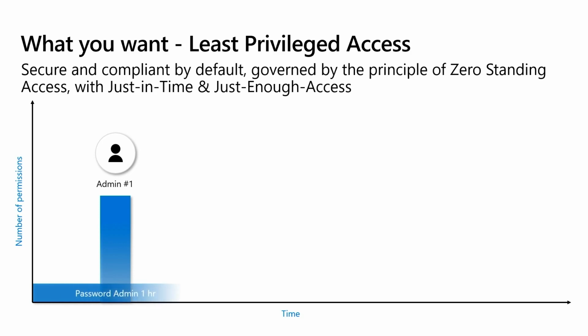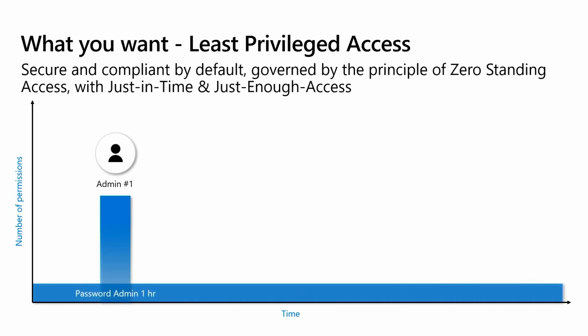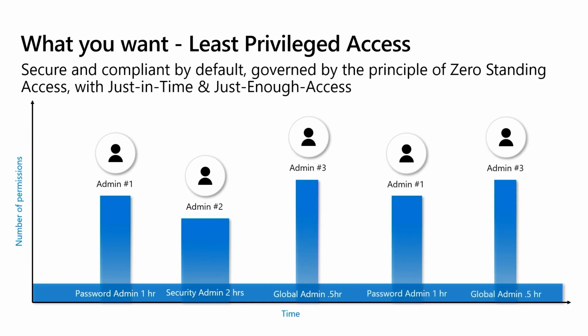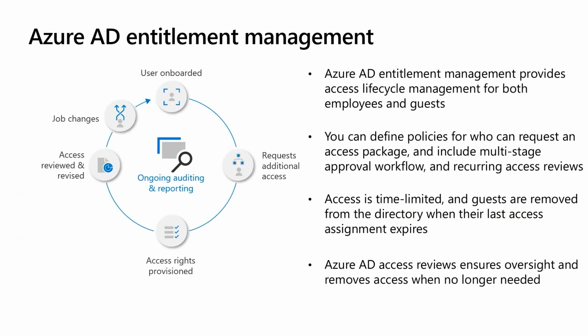What you really want is to not have any standing admin access. Instead, your admins should have just enough access, just in time for when it is needed. This helps reduce your overall risk profile, so in case your privileged users even get phished or attacked, your overall risk is vastly reduced. Furthermore, to really reduce your attack surface, you want to use our advanced governance solutions such